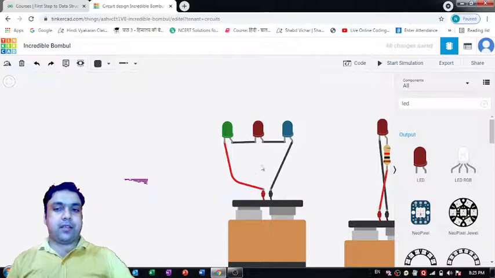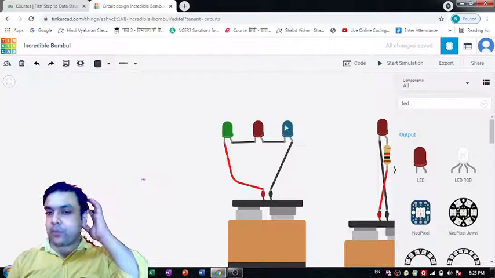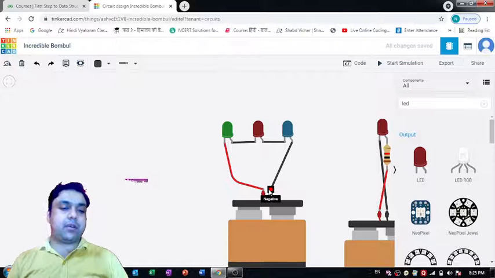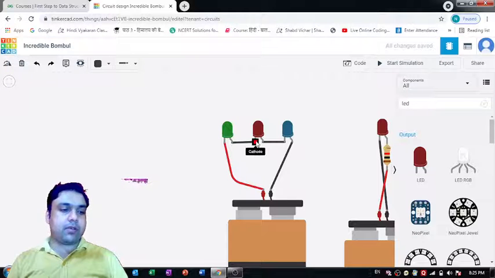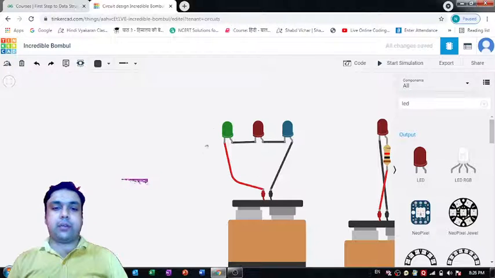Now before starting the simulation, I would like to see the comment section. Will this circuit work if I have connected this cathode pin to this positive terminal, and I've connected this anode pin of this third LED with this negative terminal? So I've connected these three LEDs in series, right? That's how you can make a series circuit. So Prayansh is saying it will not work. Okay. Prabodh, what about you, dear? Prabodh and DVS, would you like to try out this question? What is going to happen to this circuit? Will it work and give us the desired output, or will it not?